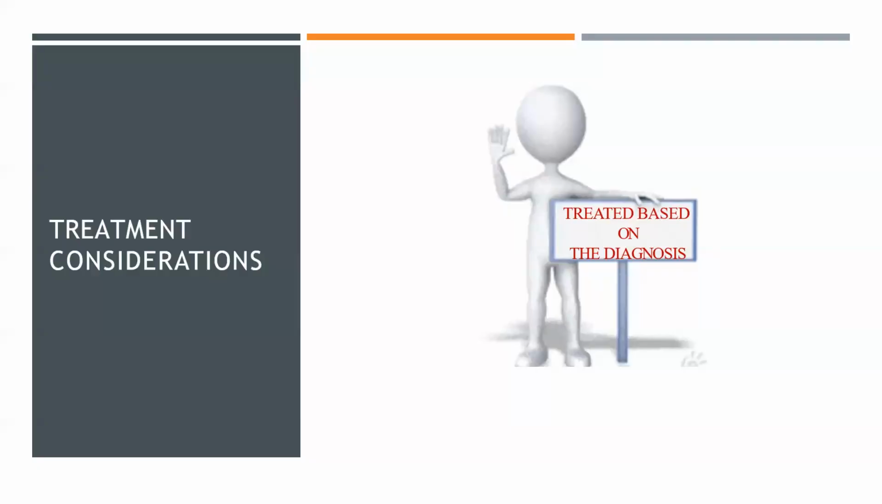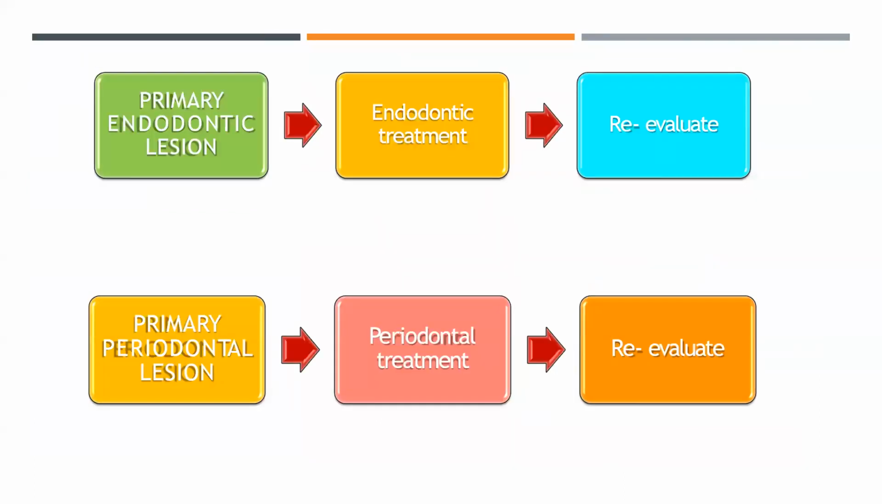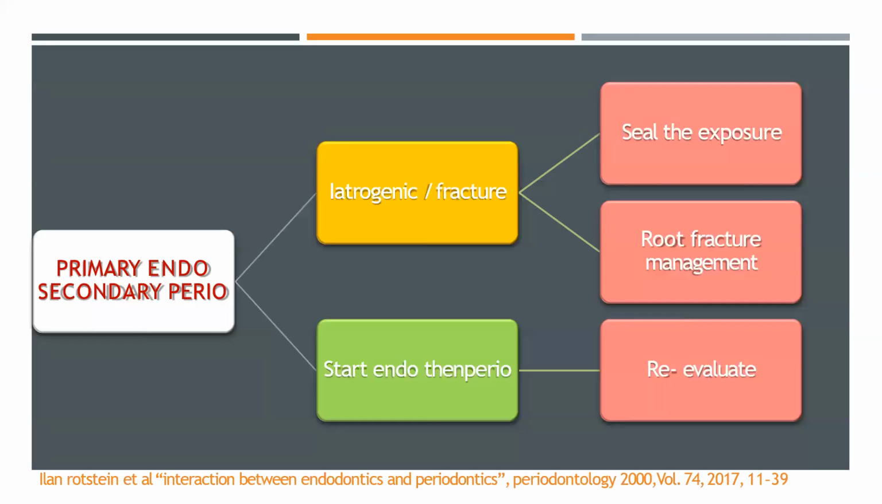Now coming to treatment consideration. Treatment is mainly based on the diagnosis. So we have a flow chart. What is the treatment planning of primary endodontic lesion? In this case, we should go for endodontic treatment first and then reevaluation. And in case of primary periodontal lesion, we should initiate periodontal treatment followed by reevaluation. In case of primary endo lesion with secondary periodontal involvement, and if it is due to iatrogenic factor or fracture,